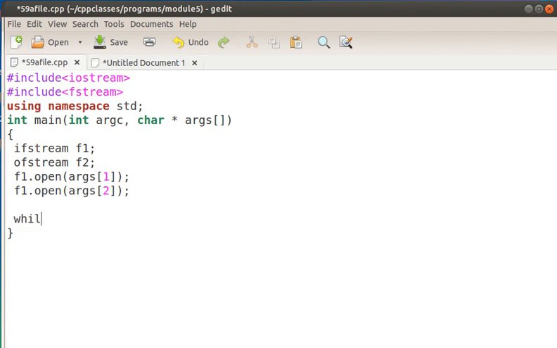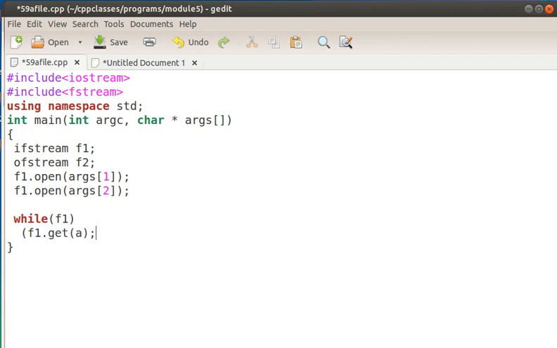So for that I am using a while loop, while f1, till f1 exists, or f1 dot end of file not equal to true. Okay, so while f1, what we have to do is read the character: f1 dot get, the first character to the variable a.